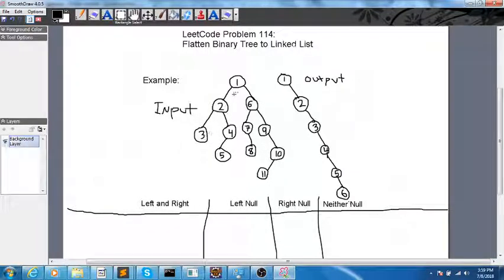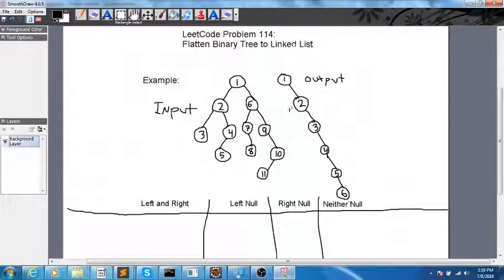And as you'll see, you've got the 1, it has a left and a right. You've got the 3, it has neither a left nor a right. You've got the 4, it has a left, no right. The 7, it has a right, no left. The 9, it has a right, no left. And the 10, it has a left and no right. And this is kind of the output it would look like. I use numbers just like the example in Leetcode to make it easier, but the numbers should end up being